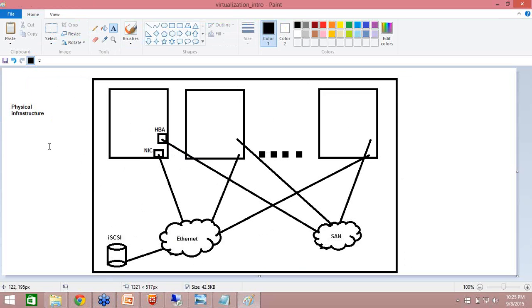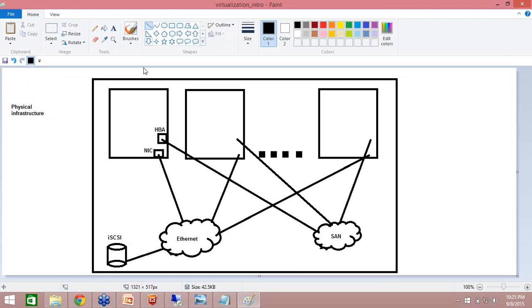So when you are purchasing a new server, you will find some place inside the data center. You put it inside the rack, apply power and install the corresponding software, provide the corresponding network settings and storage settings, and start working with it. So when you have a scenario like this,